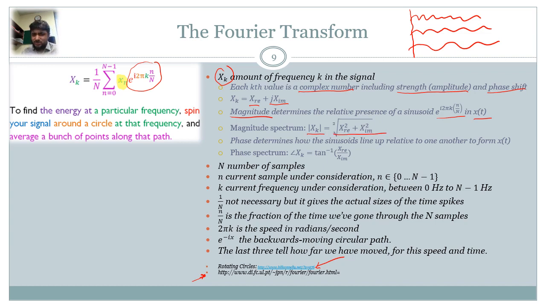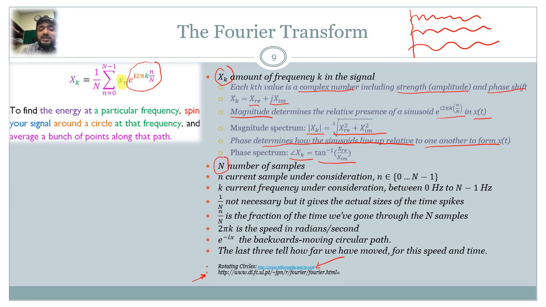ये वो है जो हम ज़्यादातर यूज़ किया करते हैं, क्योंकि हम अक्सर स्पीच प्रोसेसिंग में इतने इंटरेस्टेड नहीं होते कि किस फेज़ के साथ ये आ रही हैं, तो हमारी गुफ्तगू आमतौर पे ये रहती है कौन कौन सी फ्रीक्वेंसी प्रेजेंट है इस पर्टिकुलर स्पीच के अंदर। इसीलिए हमने अब तक सेमेस्टर के शुरू से कभी इसके फेज को बहुत ज़्यादा नहीं देखा, बट द फेज डिटर्मिन्स हाउ द साइनसॉइड्स लाइन अप रिलेटिव टू वन अनदर टू फॉर्म द xt. सो द फेज स्पेक्ट्रम कुड सिंपली बी फिगर्ड आउट यूजिंग दिस tan inverse of the real component and the imaginary component, इनकी रेशो का आप इनवर्स टेंजेंट ले लेंगे तो आपको उससे इसका फेज भी मिल जाएगा कि इस पर्टिकुलर फ्रीक्वेंसी का फेज क्या था, फेज शिफ्ट कितनी थी, फाई कितना था इसका, ठीक है।